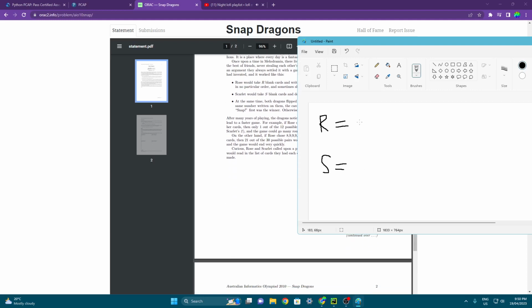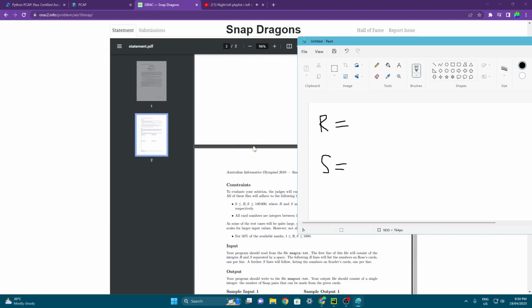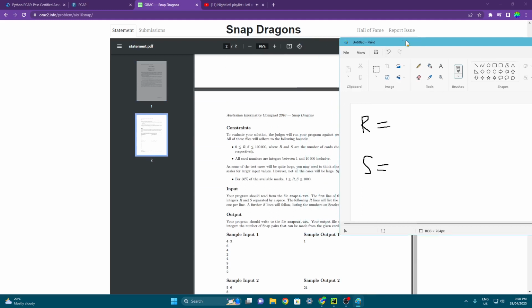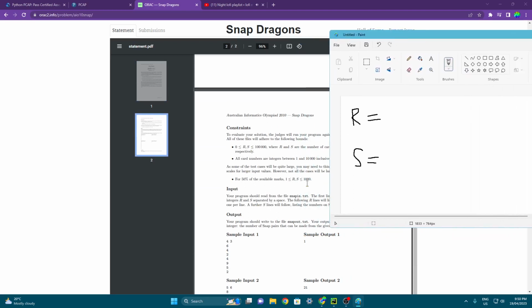Basically, what we need to do is find the number of possible snap pairs that there are, all possible snap pairs. So we have the first one. If you look at the input, the way it's inputted is that you give an R and S, and the first R lines give you Rose's cards, and the following S lines give you Scarlet's cards. So here we have for Rose 6, 4, 2, 4, and we have 9,